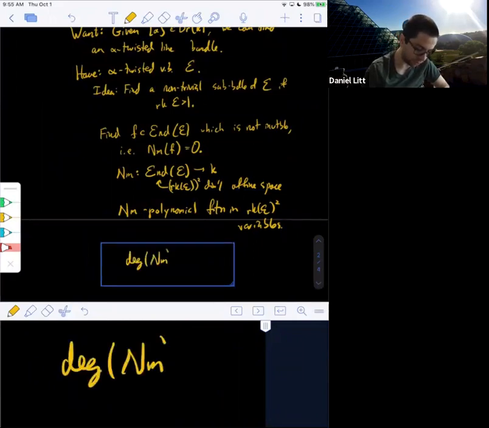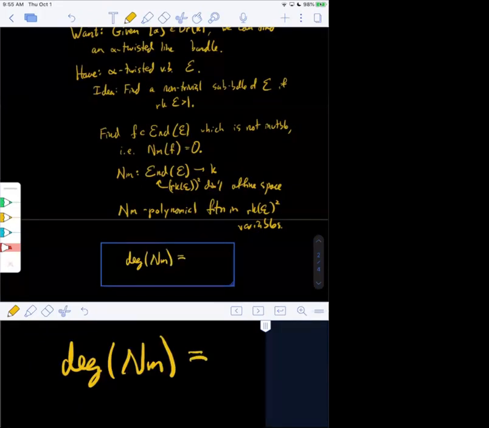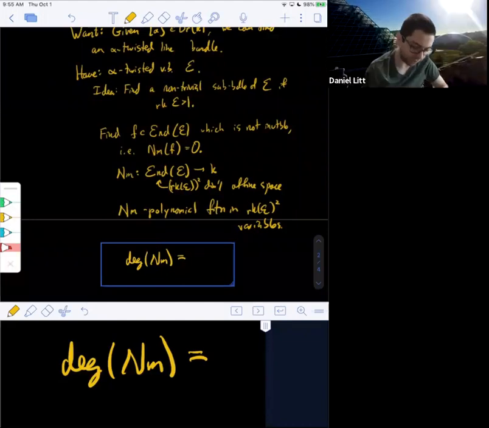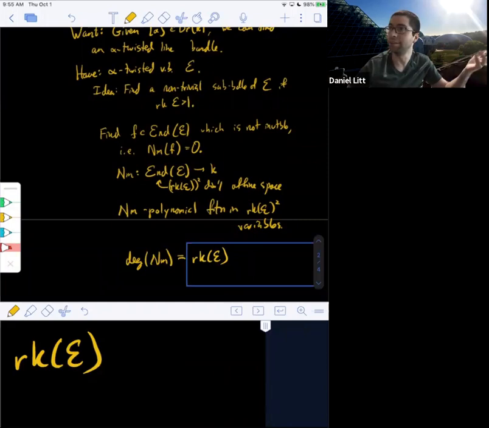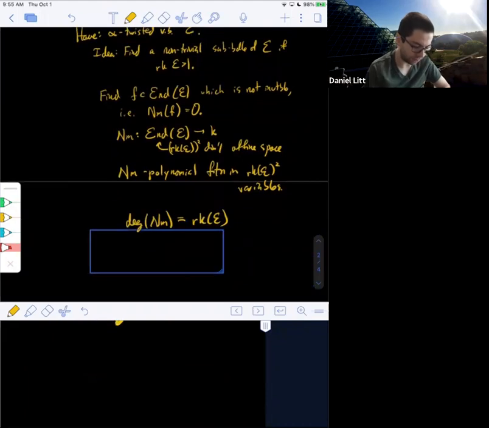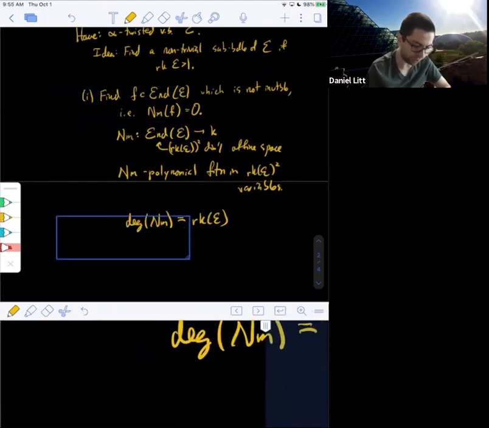So what's the degree of norm? Anyone? Probably rank of E. Yeah, it's just rank of E, and we can check that again by passing to a finite extension where norm just becomes the determinant, and the determinant has degree n if you have an n by n matrix, right? It's degree n in the entries of that matrix. So that means that this was step 1 maybe. So we've now found